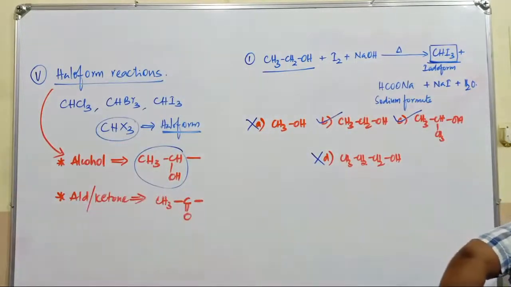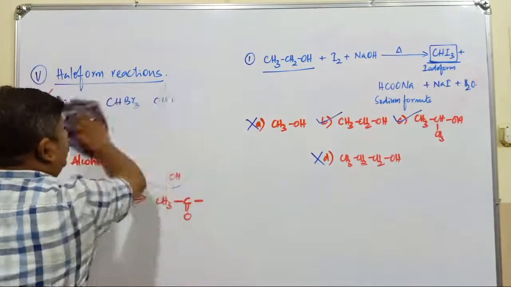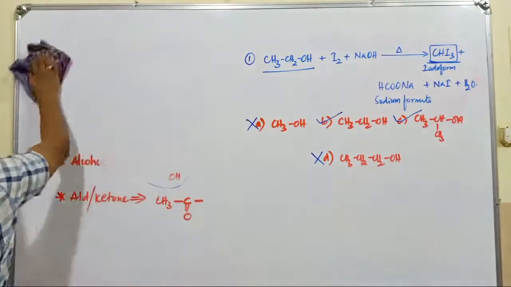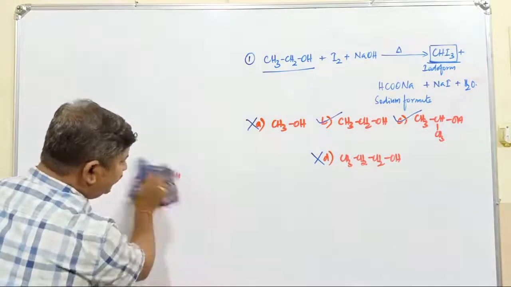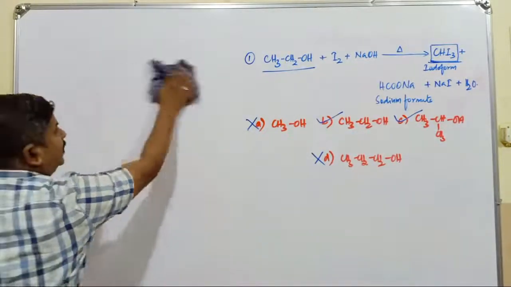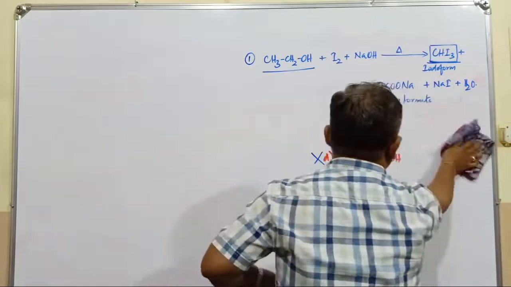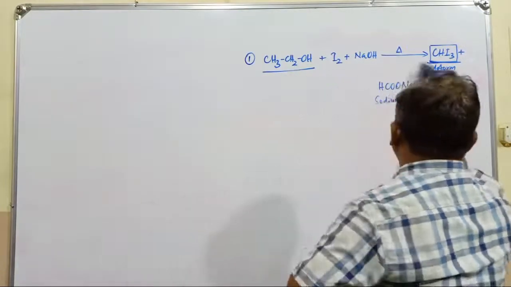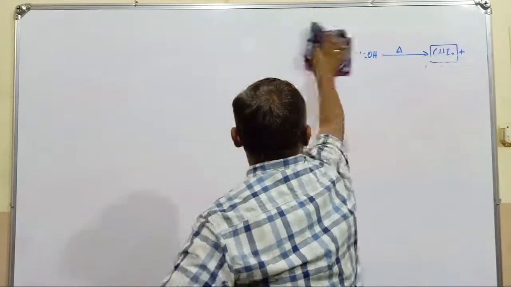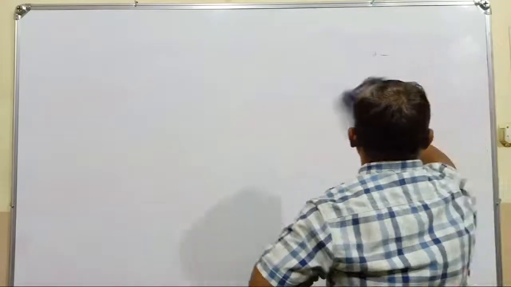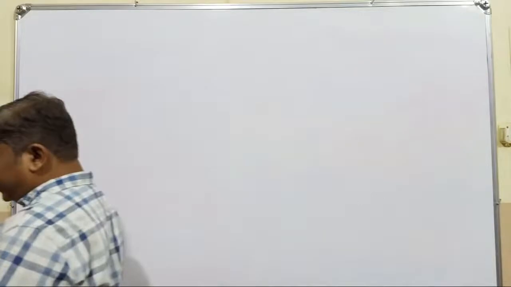After all these properties of alcohols, totally we have discussed in detail about alcoholic compounds. First, reactions due to cleavage of the OH bond. Next one, reactions due to cleavage of which one? Carbon oxygen bond. Third one is elimination reaction, under that dehydration reaction we have discussed. Fourth one is going to be which one? Oxidation reactions. We have used a variety of oxidizing agents. And the last one was the haloform reaction.